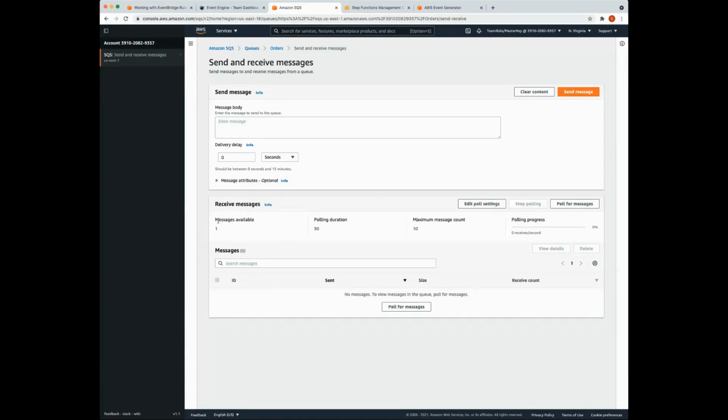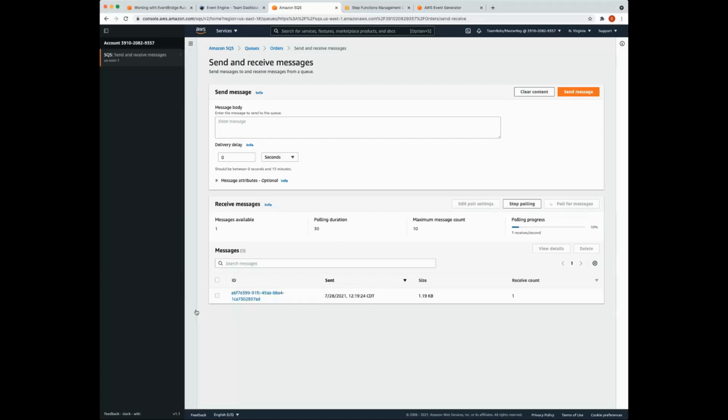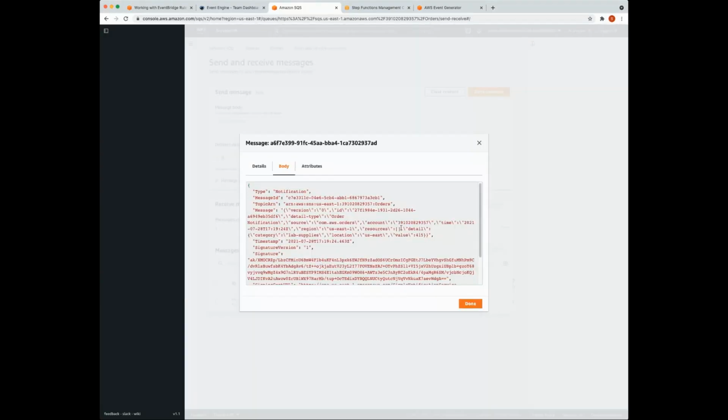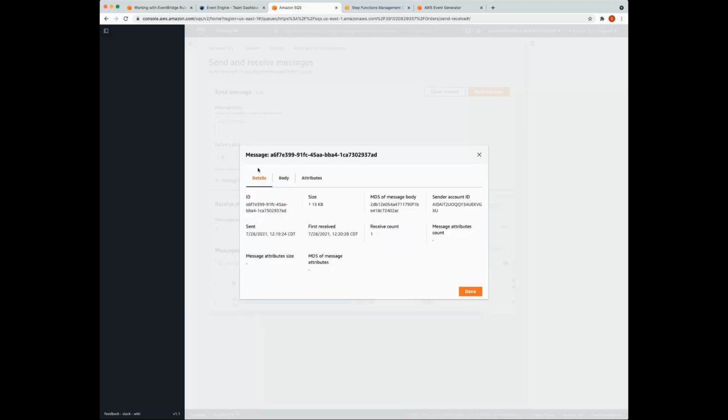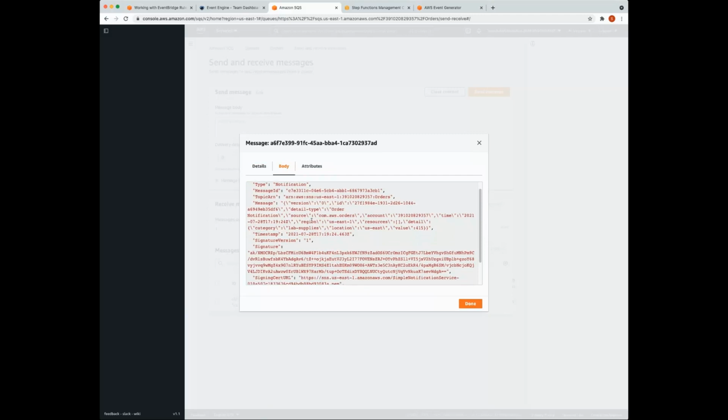So as you can see, there's one message available here. We're going to hit poll for messages, and we see our message here. This is actually wrapped with SNS metadata. But if you dig through this, you will find the event that we sent, the payload that was sent.